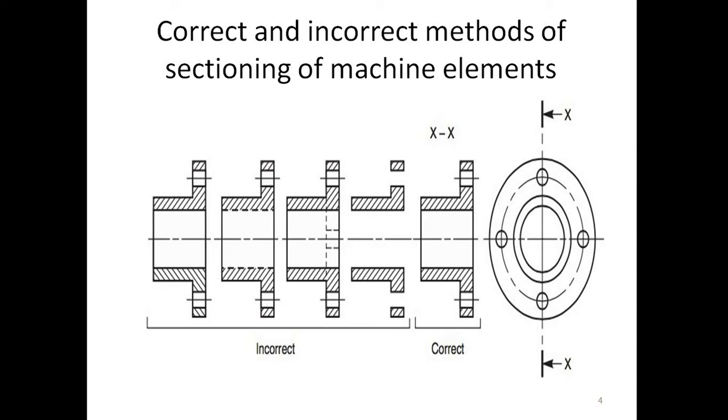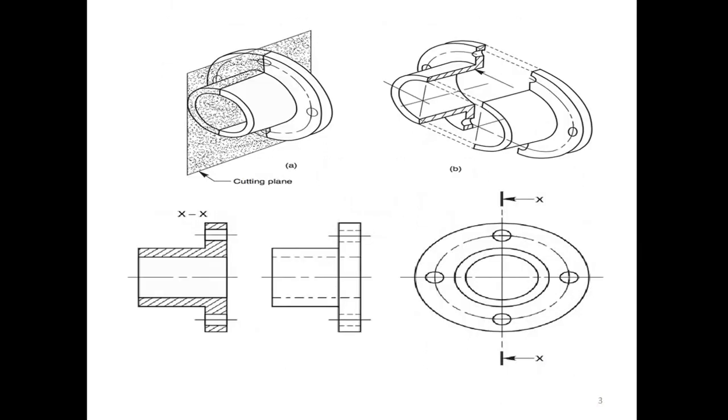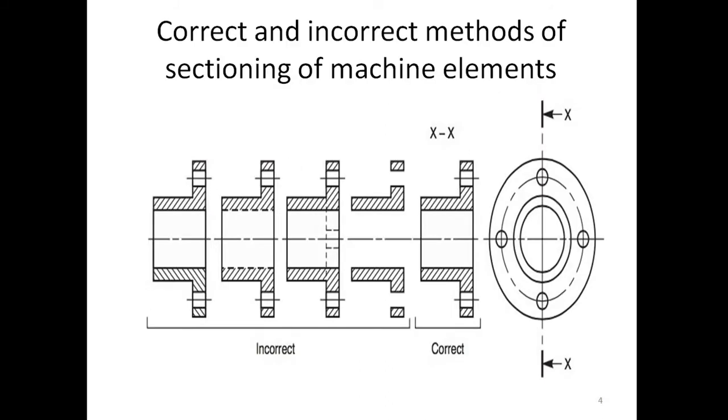In the right hand view, the section is cut at XX, then the correct method is shown the same as the previous drawing. Two holes are visible, then the ID is visible, and the section is shown by hatching lines. Same in the correct drawing, these two holes are visible because that component is cut at section XX. Then the inside diameter is shown and the hatching line is also shown here.